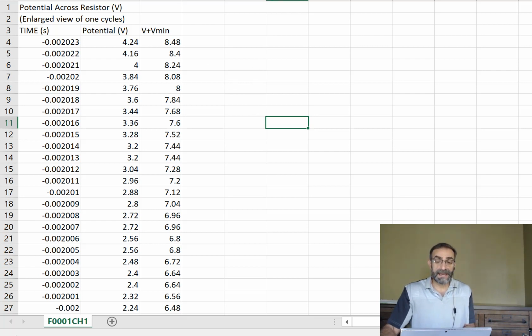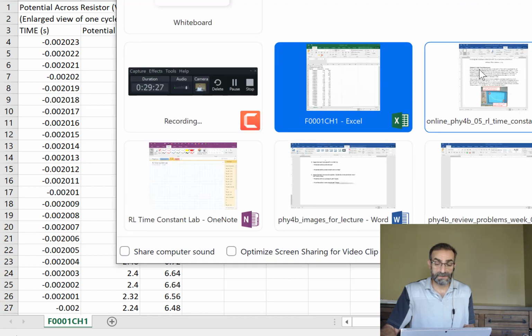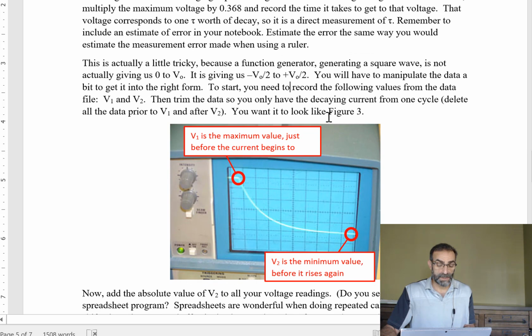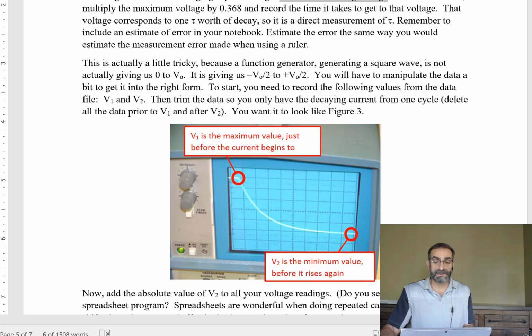Now, if we look back here, we're looking for 1 over e. We're going to take our maximum value and multiply it by 1 over e of the starting current. And then we're going to take how much time it takes to decay from its highest point to 1 over e of its highest point. So let's go back to,